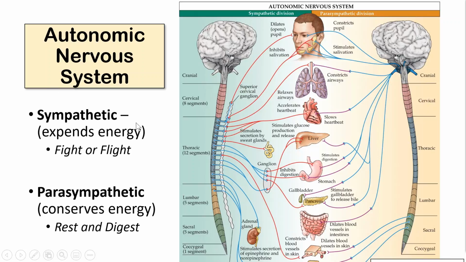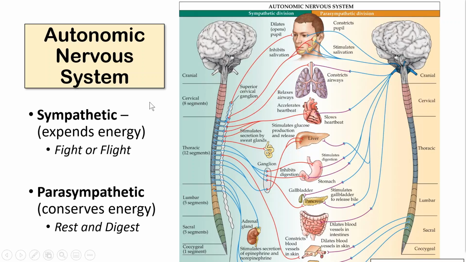The sympathetic division of the autonomic nervous system is involved in fight or flight responses. It expends energy. And the autonomic nervous system, as we mentioned previously, is that part of the peripheral nervous system that is outside of voluntary control. So we cannot control our heart rate when it starts to speed up. If we see some danger in our view, our heart rate is going to speed up, our blood pressure is going to increase,